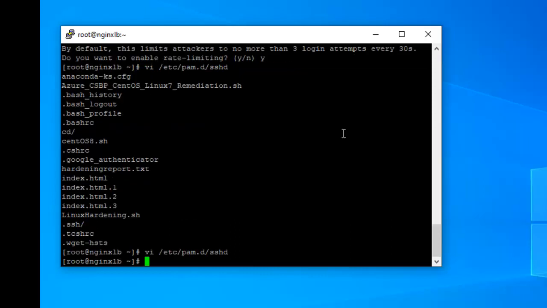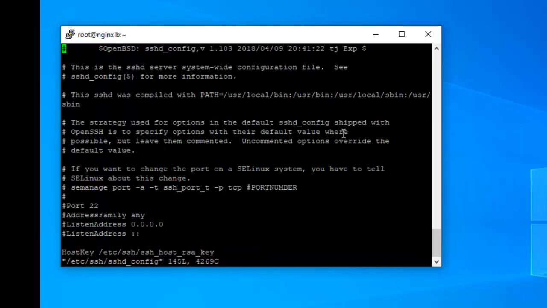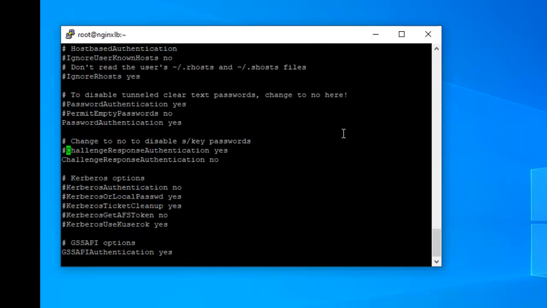Then enable the challenge response authentication under /etc/ssh/sshd_config.